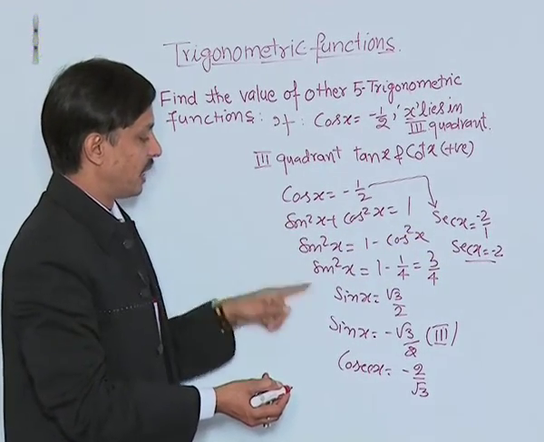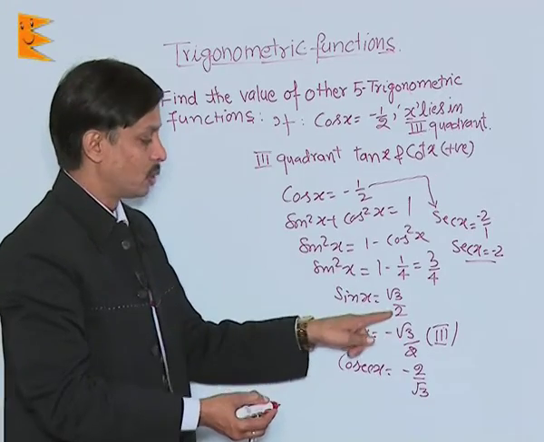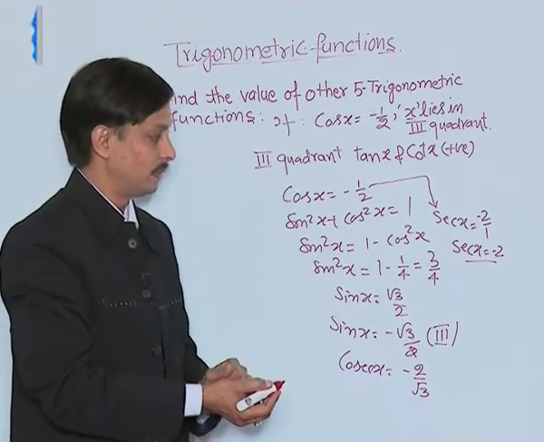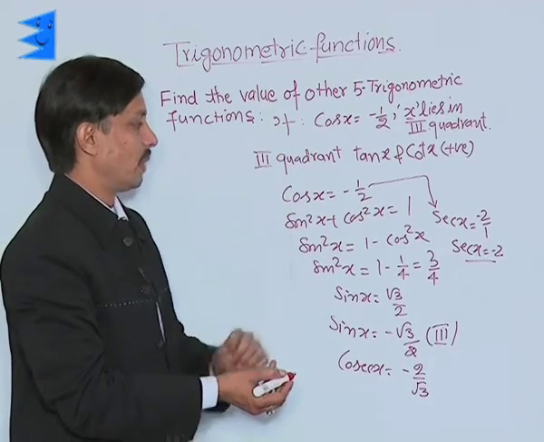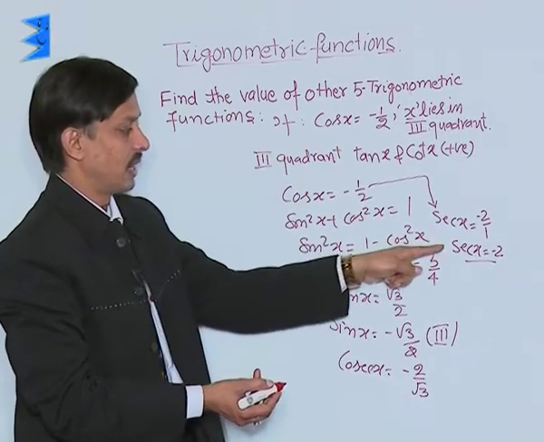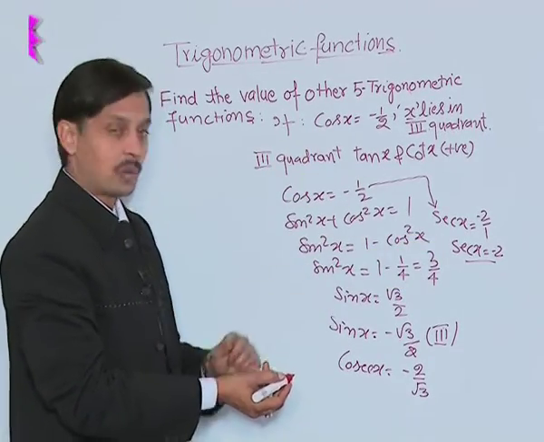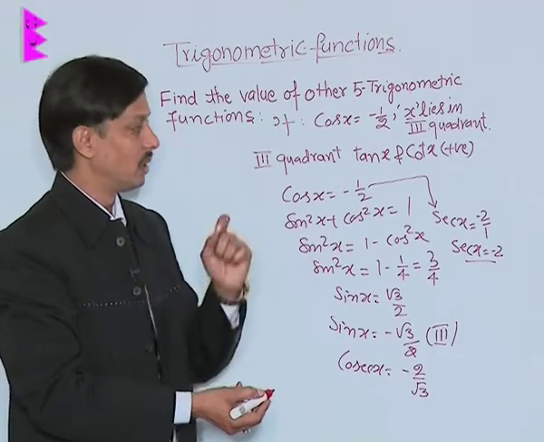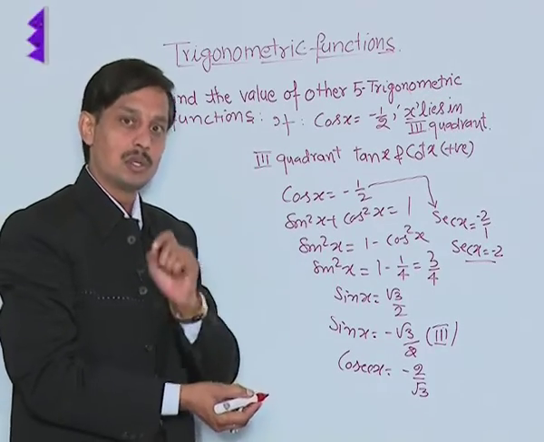With the help of the identity, sin x is minus root 3 by 2, its reciprocal cosec x is minus 2 by root 3. So cos x was given, with the help of cos x sec x is obtained, sin x is obtained, cosec x is obtained,